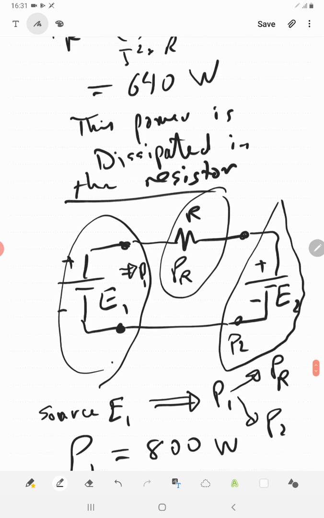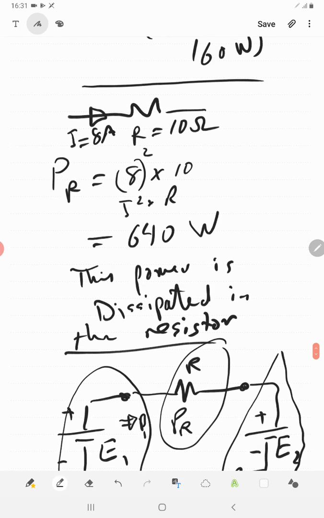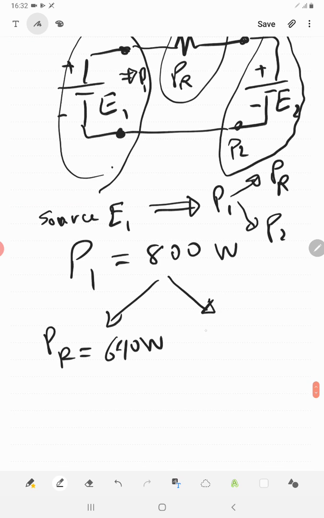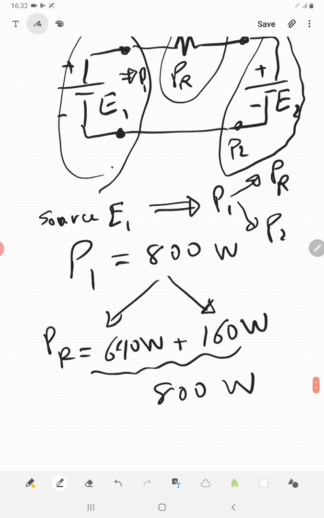And E2 we have calculated, I think, 160 watts. So if you add this plus this, it comes to 800 watts, which means that source E1 supplies a total power of 800 watts. Part of it will be dissipated in the resistor, which is 160 watts, okay, 640 watts, and P2, okay, this